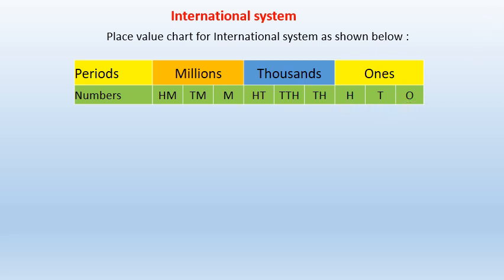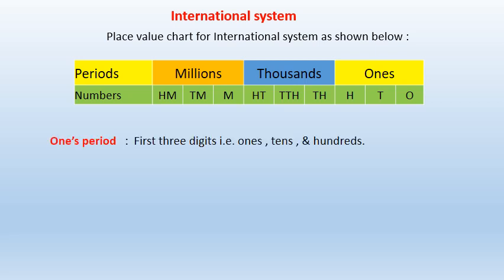And again in the ones period, the first 3 digit number is taken, which is ones, tens and 100. The next is the thousand period. Immediately the next 3 digits, which are 1000, 10,000 and 100,000. And the next is the million period. Immediately the next 3 digit number, which is million, 10 million and 100 million. Students, in this system also, while reading a numeral, all the digits in the same period are read together and the name of the period except the ones is read along with it.